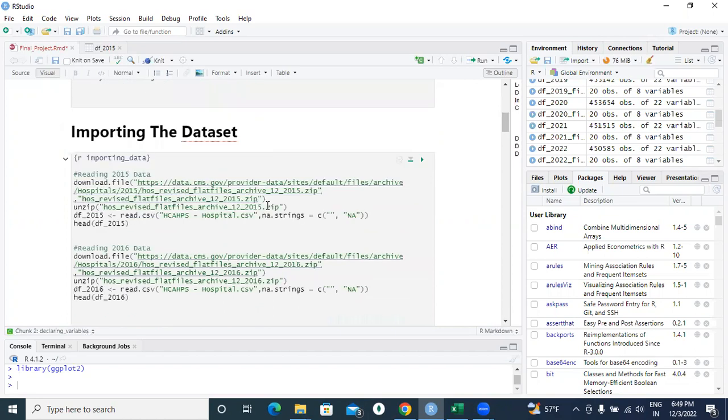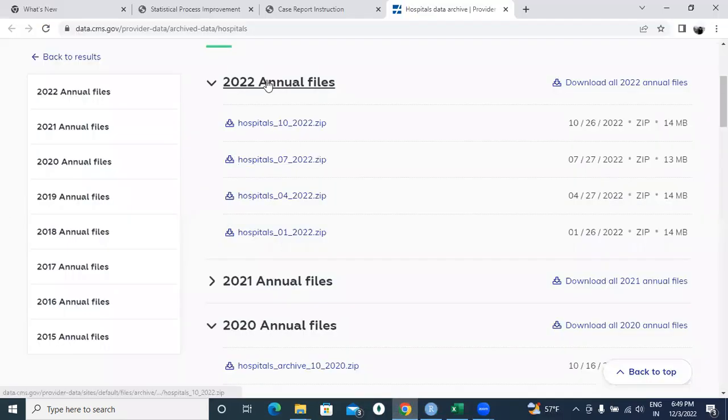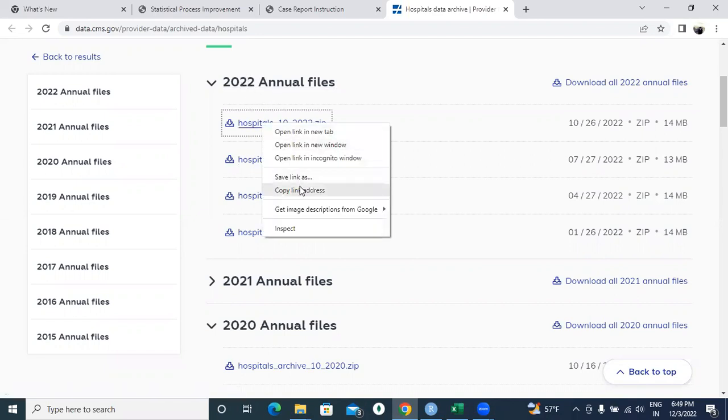The next part is importing the data set. So this was one of the challenges that we were facing, to manually download the data. So we will use the web scraping method here so that we do not need to download the data manually. R will do it for us. So the first point here is that here are the latest files for each and every year. So this is the 2022 file, the latest data. So we will just copy the link address,